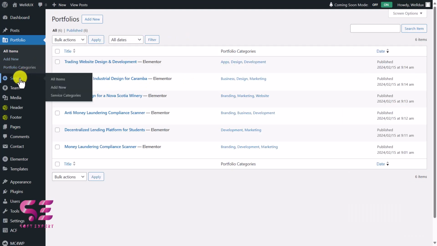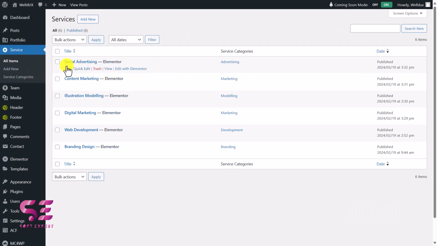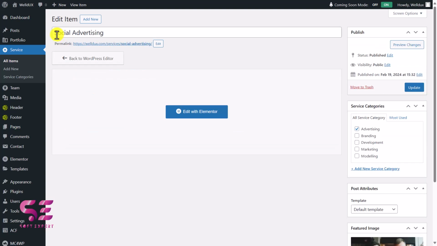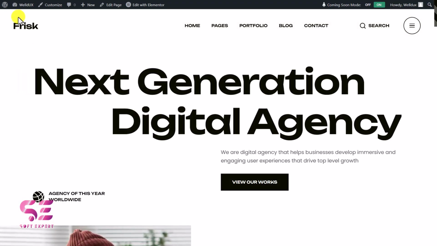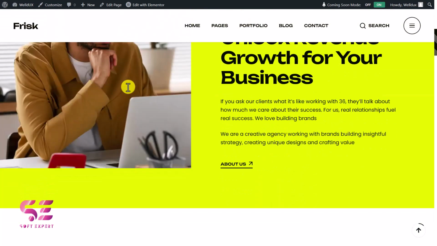And then same goes for services. You can edit any of these just by clicking edit. Again, you can change the title and featured image here, and then you can edit this page with Elementor. So this was how you can install and set up Frisk Theme, and you can create a portfolio website using